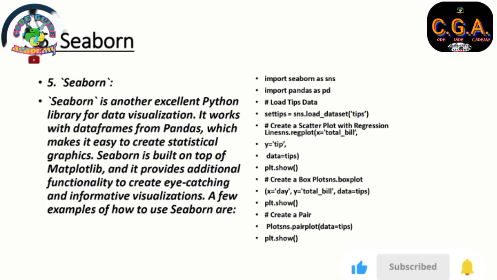5. Seaborn. Seaborn is another excellent Python library for data visualization. It works with data frames from Pandas, which makes it easy to create statistical graphics. Seaborn is built on top of Matplotlib, and it provides additional functionality to create eye-catching and informative visualizations. A few examples of how to use Seaborn are: